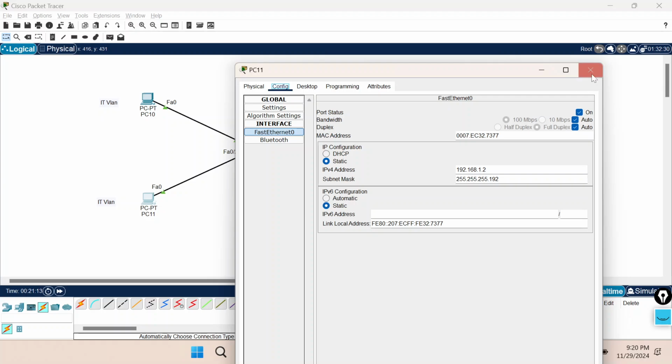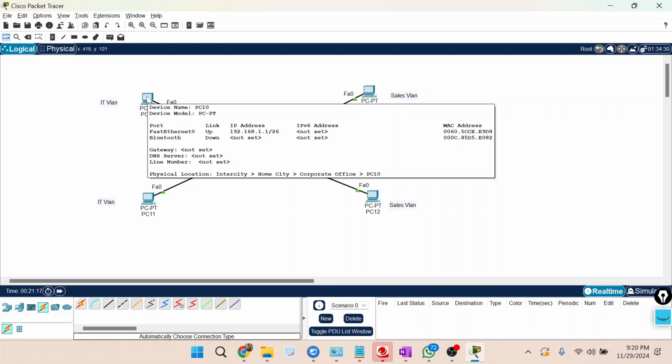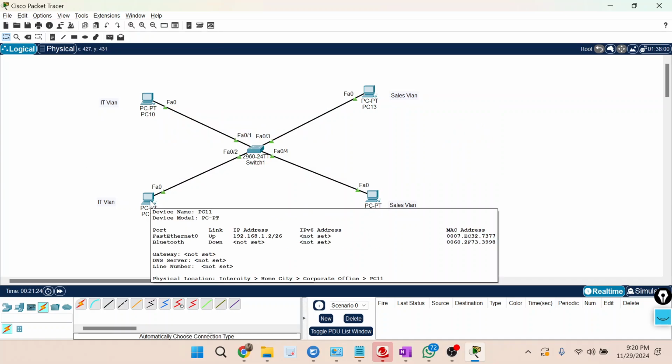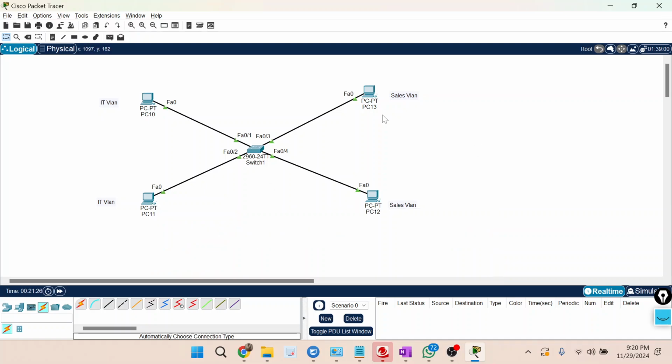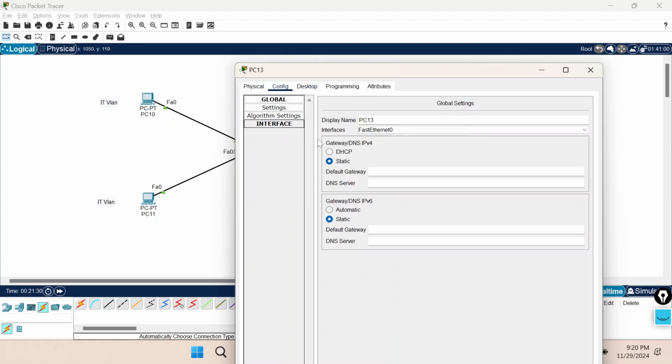Okay. Now let's drag and see. For IT, the IP on FastEthernet is 192.168.1.1, and for the other IT PC, 192.168.1.2. Now sales, we will again configure sales IPs under config, FastEthernet,